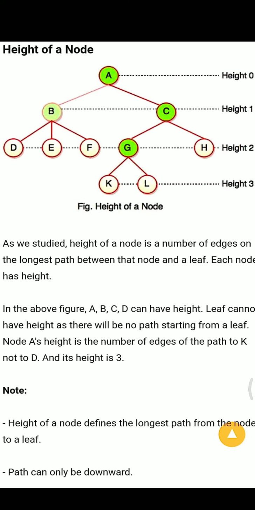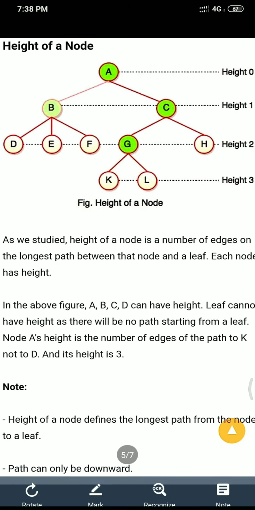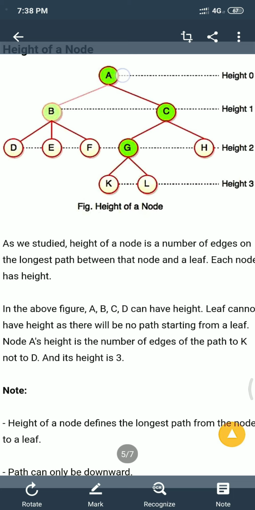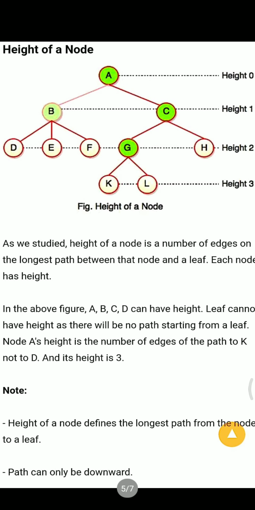In this way, we cannot call it the height of a node. Then how do we find the height of a node? The height of a node can be represented by means of the longest path from a node to a leaf. You could take an example from A, C, G or A, B or A. This is an example. I hope you're understanding it.